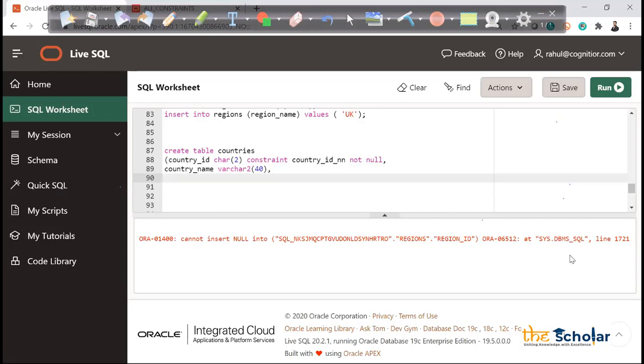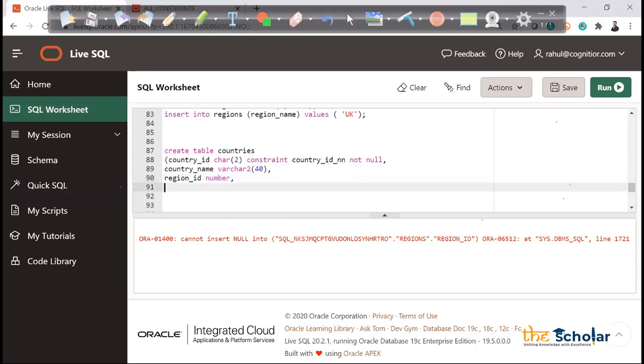When we move from conceptual to logical, we decide what the column size can be and all those things. Now country name varchar 240, and then we have region underscore id, which is a number, comma.